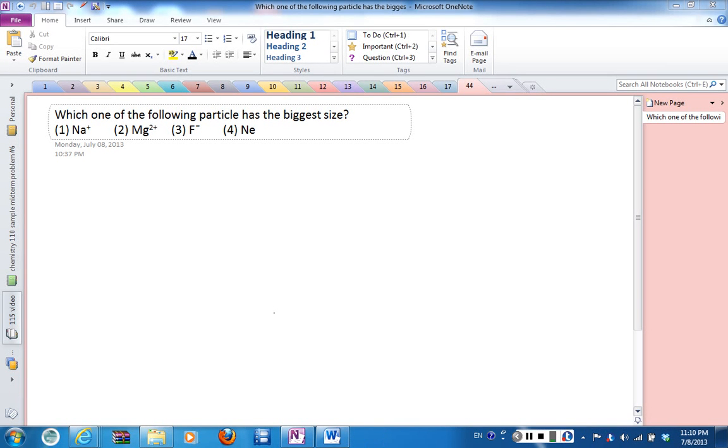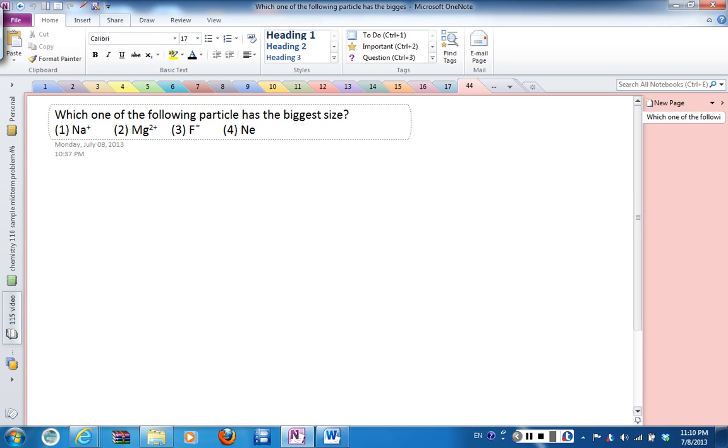Which one of the following particles has the biggest size? We have sodium ion, magnesium ion, fluoride ion, and neon atom. So we're talking about atomic or